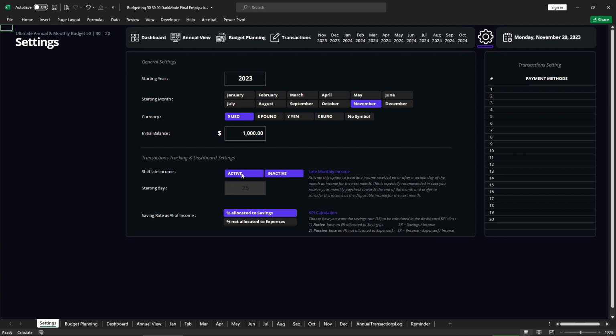For the first option, assuming we have a certain amount of disposable income at the beginning of the period, calculating the savings rate as the percentage of the disposable income that is actually allocated to savings would make the savings rate start at 0% at the beginning of the period, and then gradually increase to a final state at the end